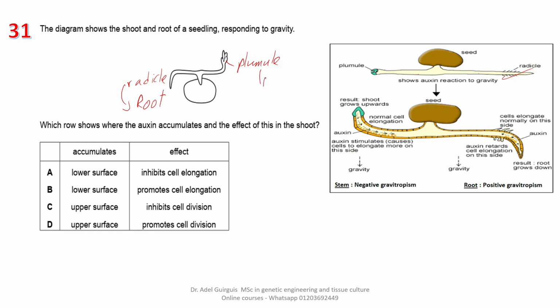Later it forms shoot. Okay. The question here is about the shoot, the effect of oxygen accumulation on this shoot. What is its effect? Look firstly at the shoot. Where is the shoot? Here in this figure. What are its results? Due to the seedling lying horizontally, the accumulation of oxygens on the lower surface